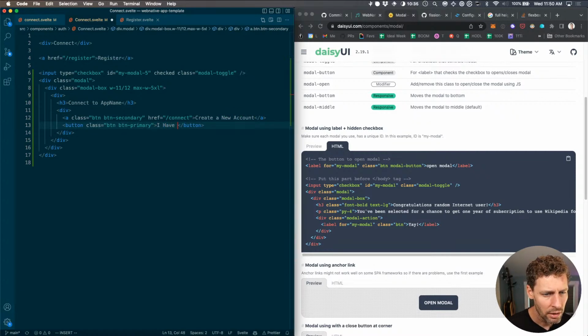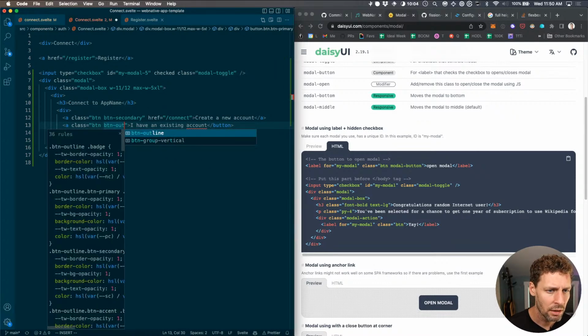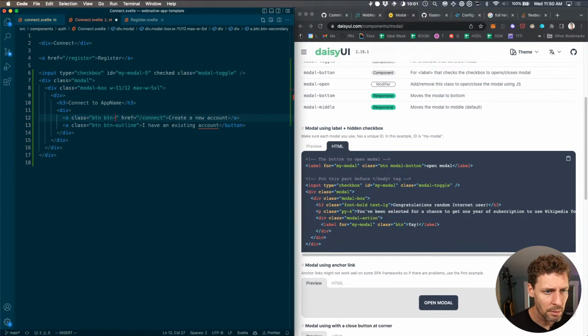I have, was it lowercase? I think it was. Lowercase in both cases. Ryan actually thinks about copy when he's working on it, so we'll go with his copy suggestions. Create a new account. I have an existing account. These will technically both be links, so we can make that a class button, and this is going to be the second, or I think it's button outline or something like that. Yeah, button outline. This button's going to be button primary, and right now